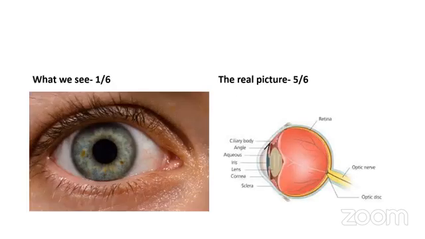So I've titled it The Eye and You, basically trying to shed light on you getting to know how your eye functions and what parts of your eye could be affected when your vision is blurry. When we look at the first picture, this is what we appreciate in people when we look at each other or at ourselves in the mirror. This is what we see, which is basically 1 part of 6 of what your eye is. So the real picture of your eye